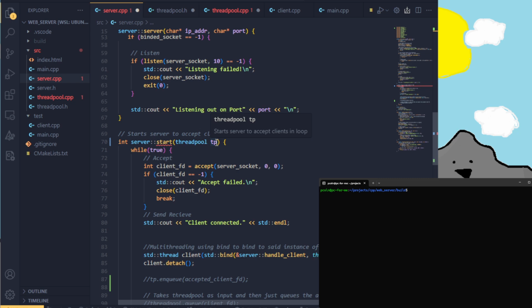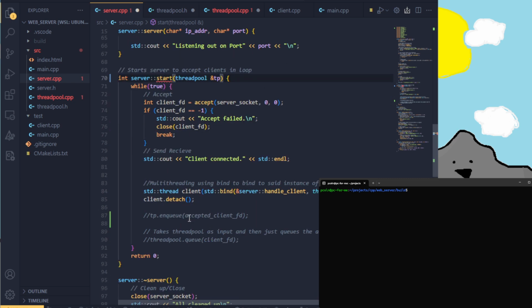So this passes it by value. Is that what I want to happen? Well, kind of like copies the thread pool, right? So we just want the address of it, so I can use the same thread pool. And then I do like this. Then I'll call it client file descriptor. And then I just kind of do this,